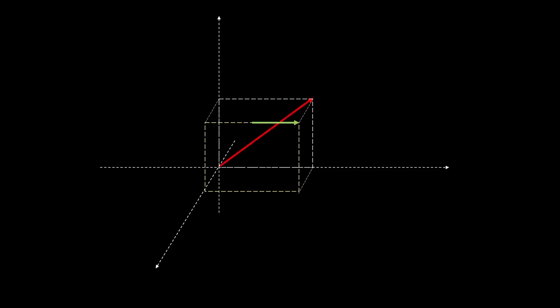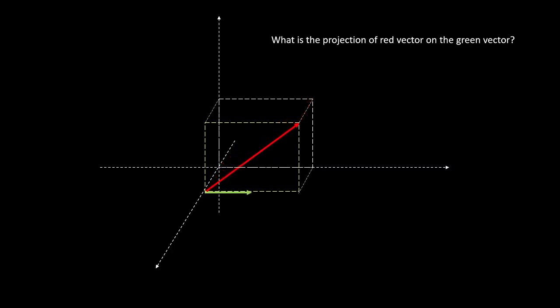Okay, now let's derive a formula for projection of vectors. For that, it's very simple. We will use the first approach, in which the tails of the vectors are matching, so you don't have to draw two perpendicular lines. So you turn the green vector into the screen and you take the projection, and that